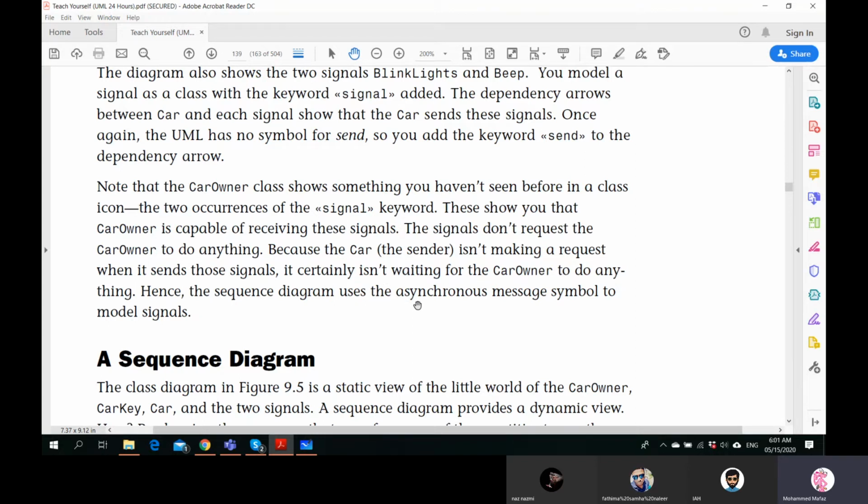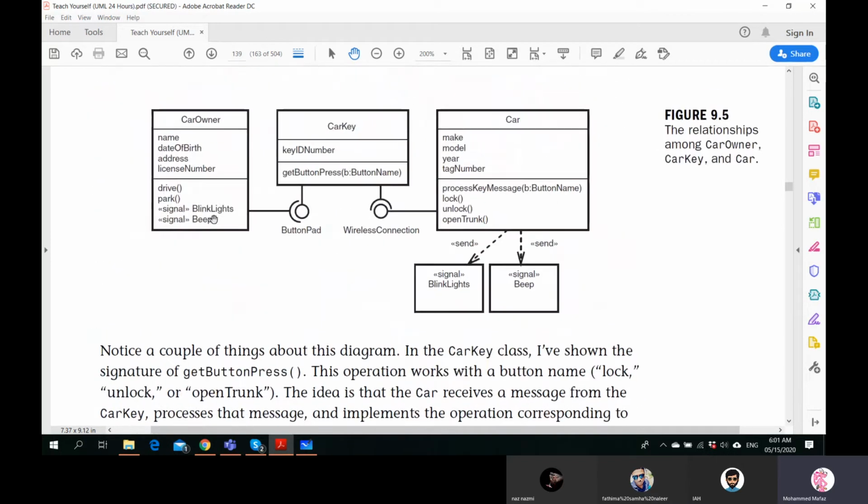Hence, the sequence diagram uses the asynchronous message symbol to model a signal. What they're saying is, even though we have put this here, there is no way that the car owner is going to ask for the blink lights or ask for the beep, and similarly the other way around. The car is just going to send, but it is not going to call the car owner to receive this.